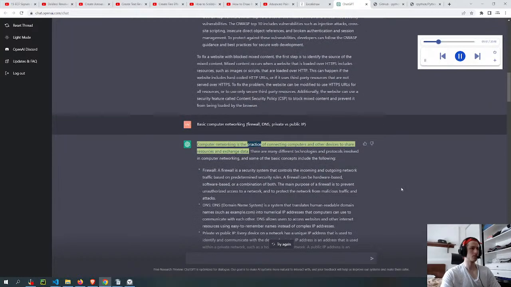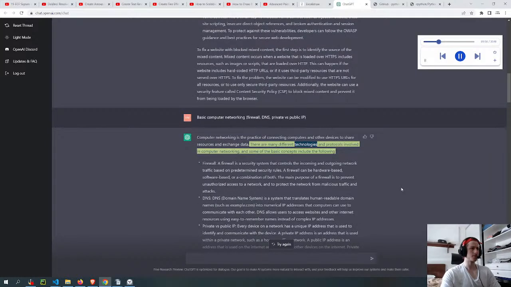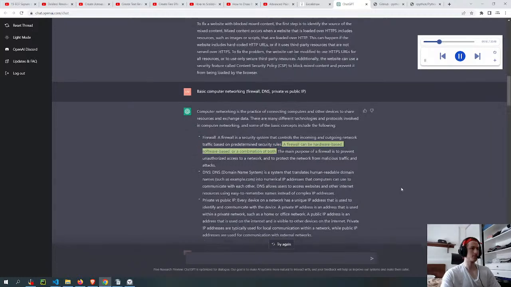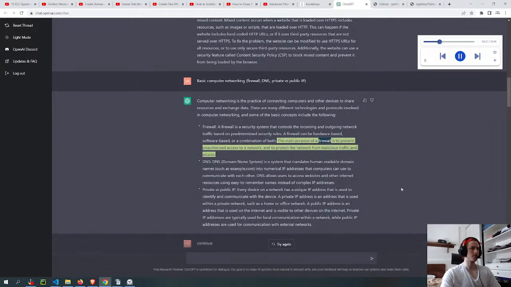Computer networking is the practice of connecting computers and other devices to share resources and exchange data. There are many different technologies and protocols involved in computer networking, and some of the basic concepts include the following. Firewall. A firewall is a security system that controls the incoming and outgoing network traffic based on predetermined security rules. A firewall can be hardware-based, software-based, or a combination of both. The main purpose of a firewall is to prevent unauthorized access to a network, and to protect the network from